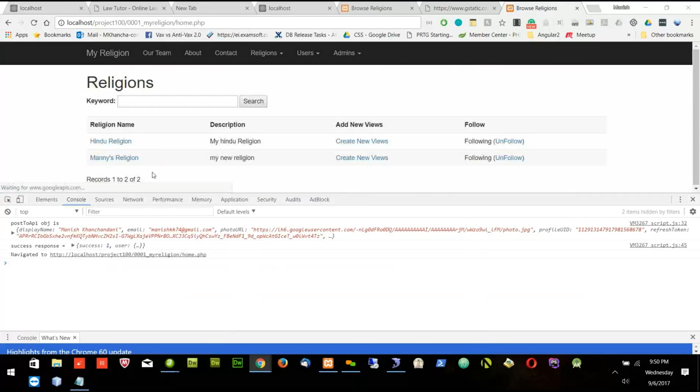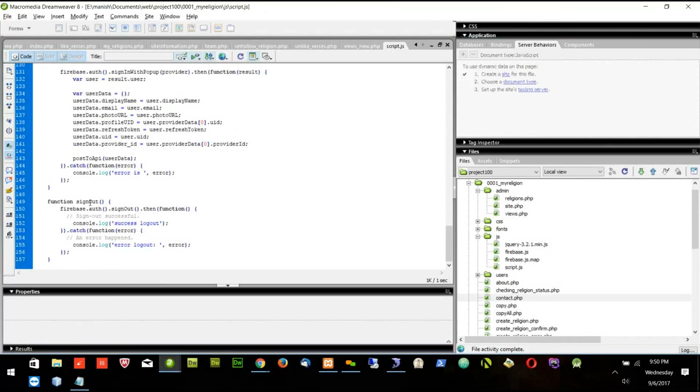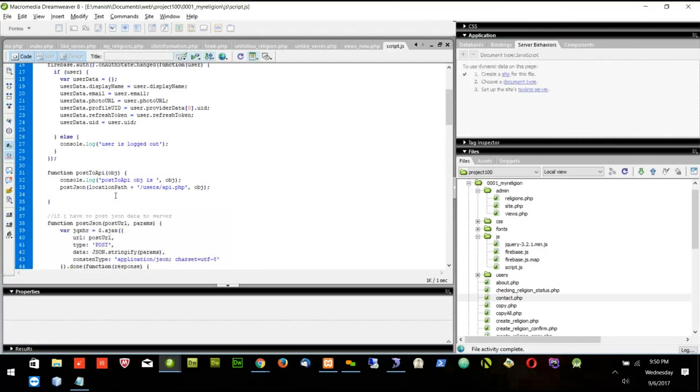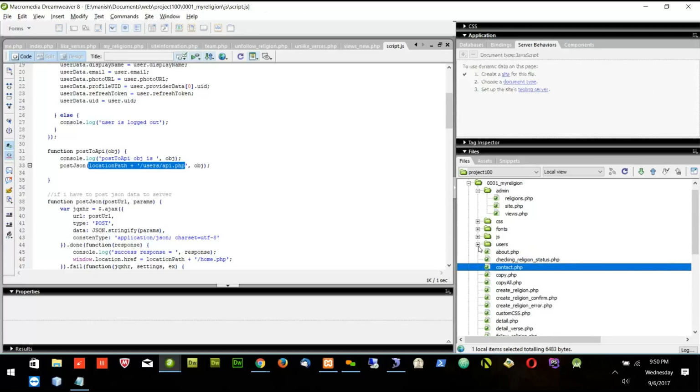Okay, now it's going to the home.php once it is logged in, and I'm able to see my access level here. So when I click logout, I will call this function. That function is called sign out. But after the user signs out from Firebase, we should also remove the session variable, because when the user logs in, we create the session variable with this API. So when the user clicks sign out, we should remove the session from our web page. So to do that, I can